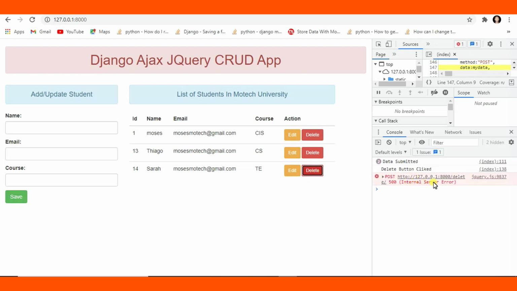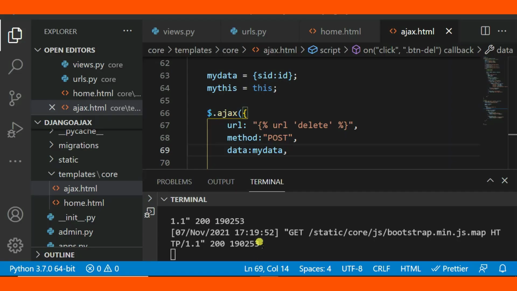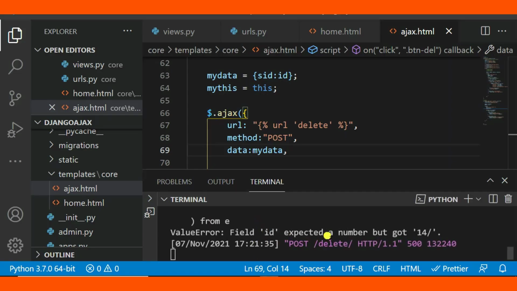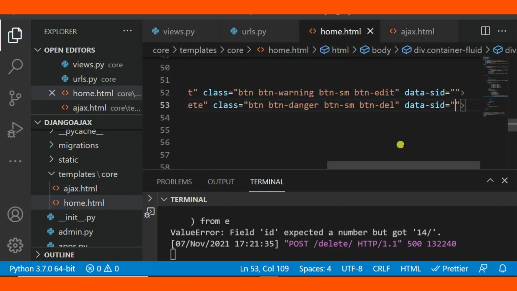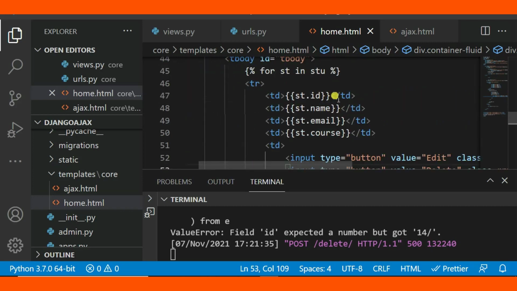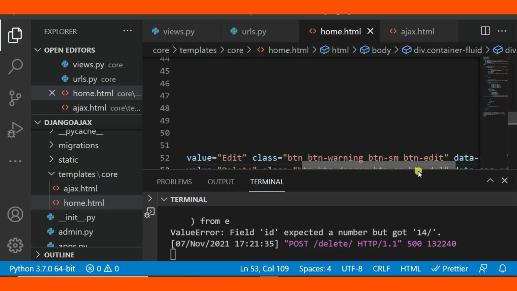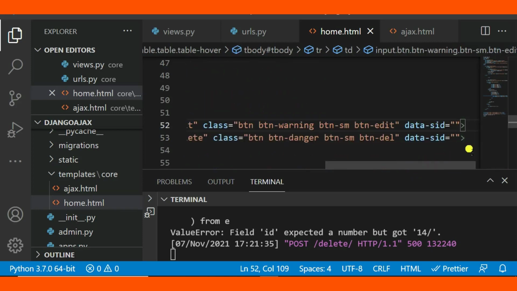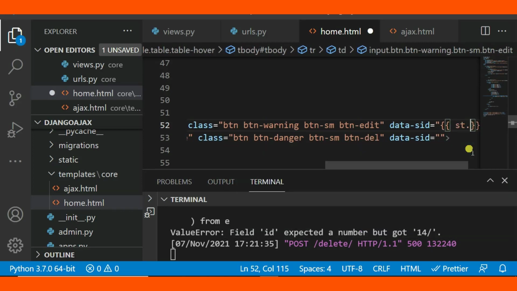I can see an error. What is this error? Okay, let me see in the backend. Field ID expected a number but got 14. So let me come here in home.html. So here the student id. So here let me pass the student ID, right? I can say s.id